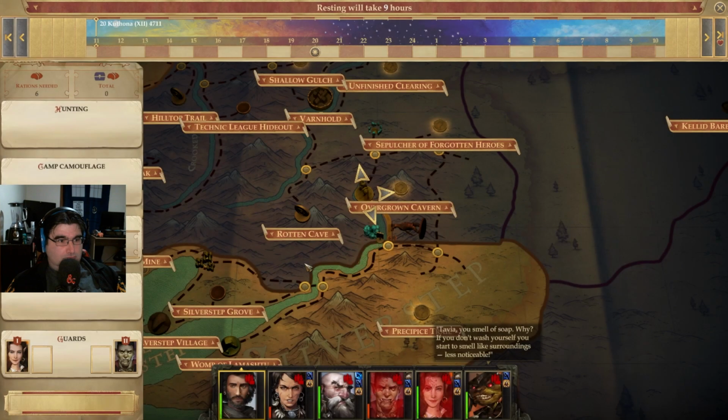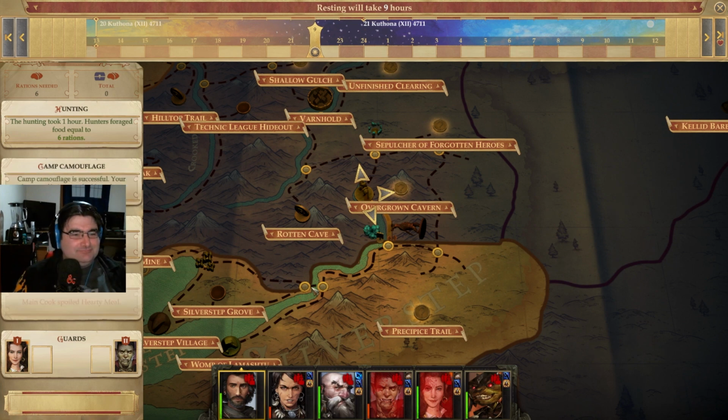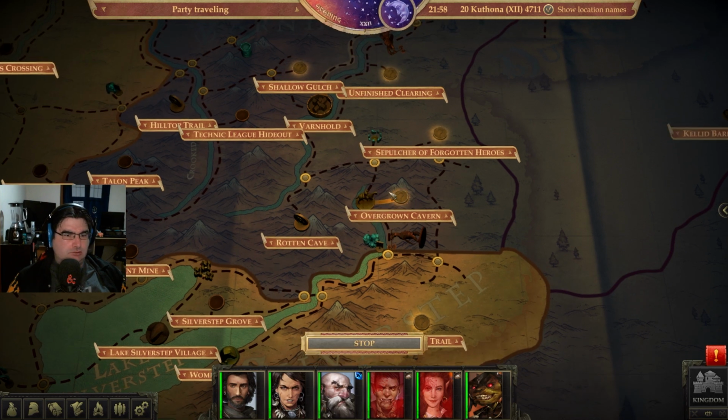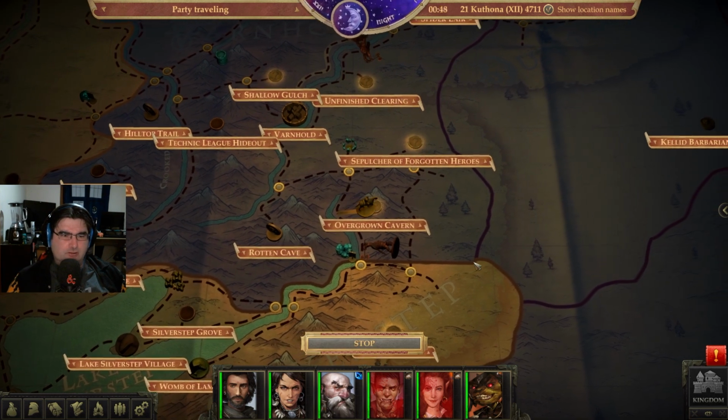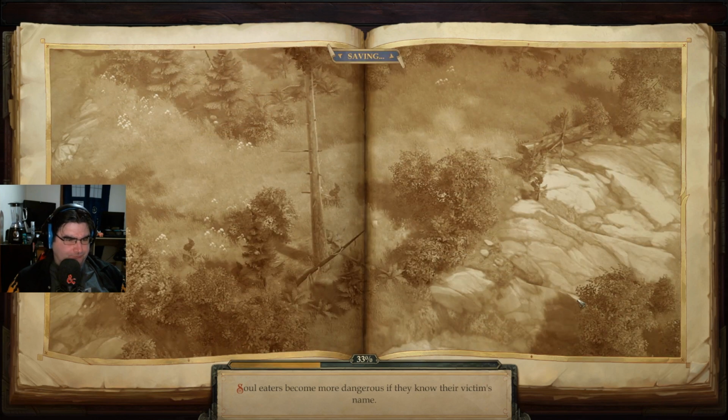Tavia, you smell of soap. How do I... Alright. Is this the barbarian cabin? I thought it was north, but...